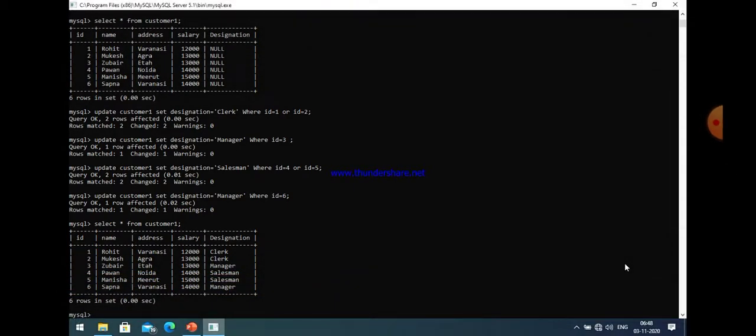Now you can easily see here. When we use the alter table command, a column will be added, and the name of the column is designation because we add the column name designation of varchar type, and all the values are null by default because there is no data at all. And if we want to add data into that particular column, we use the update table command. Now after using the update table command for different records, we are able to change the designation for all customers.